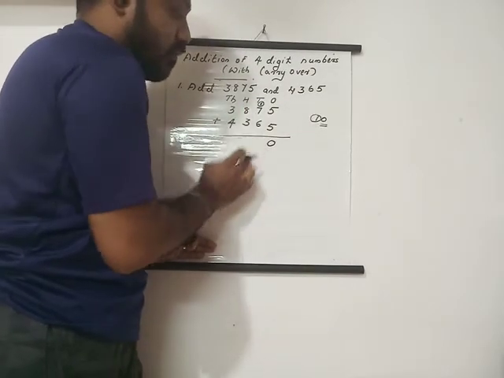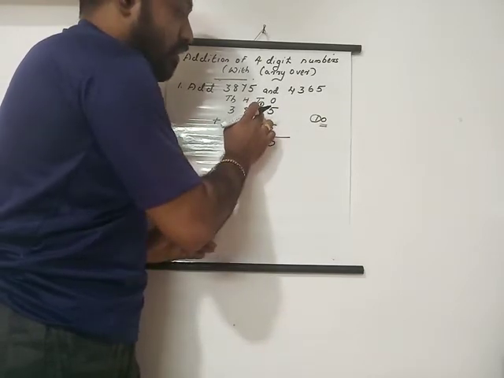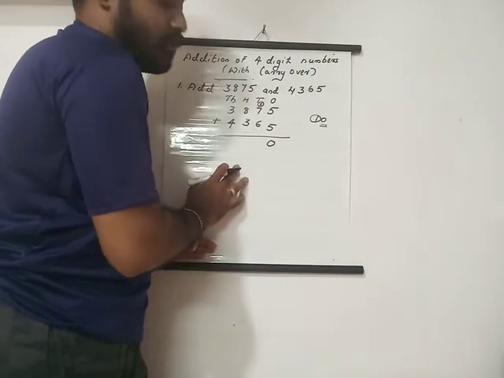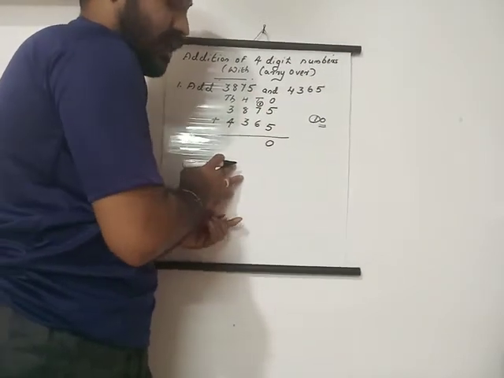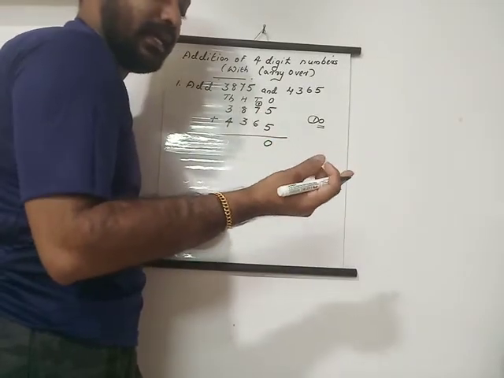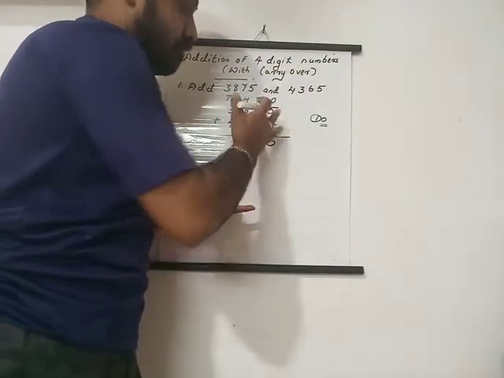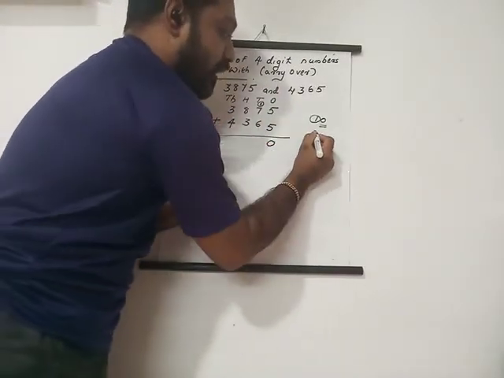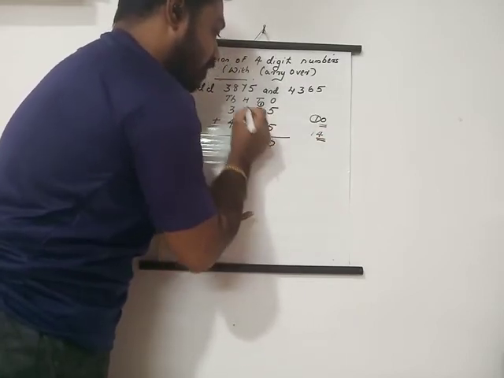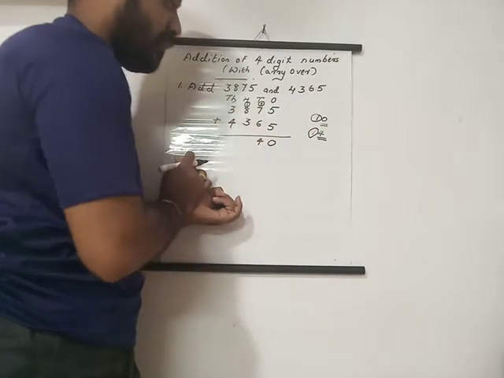Now we have to add 7 plus 6. 1 is carryover here, so we have to add that number too. 7 plus 6: after 7 we count 8, 9, 10, 11, 12, 13. 7 plus 6 is 13, plus 1 is 14. We write 4 here, and the 1 is carried over to this place. Then we can add.